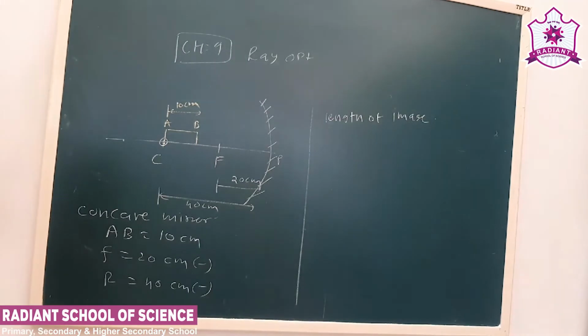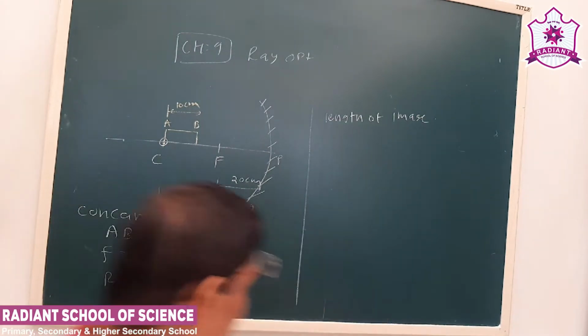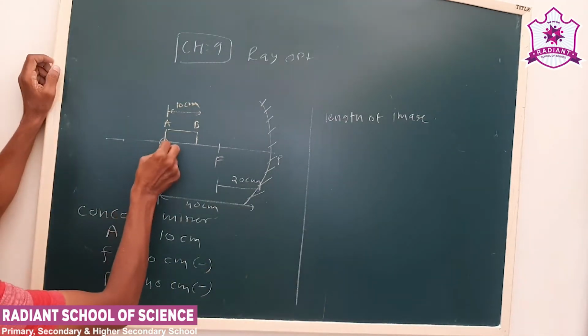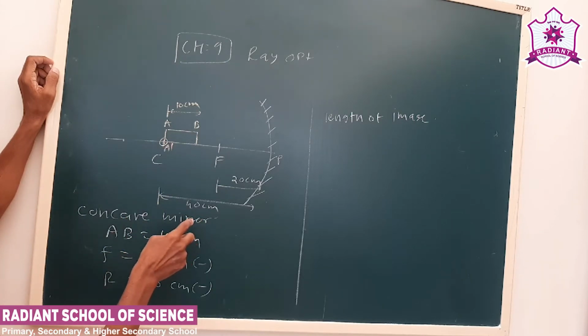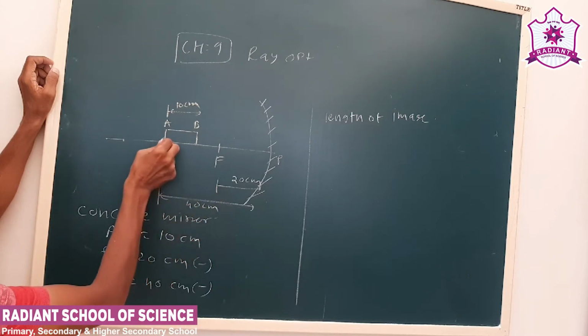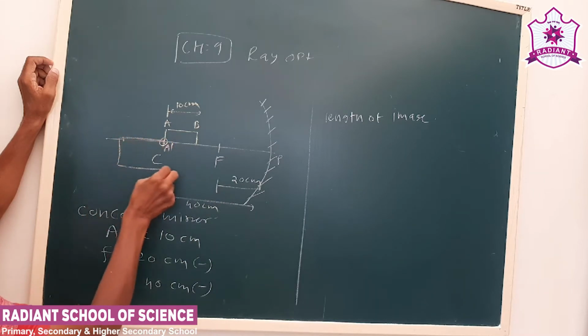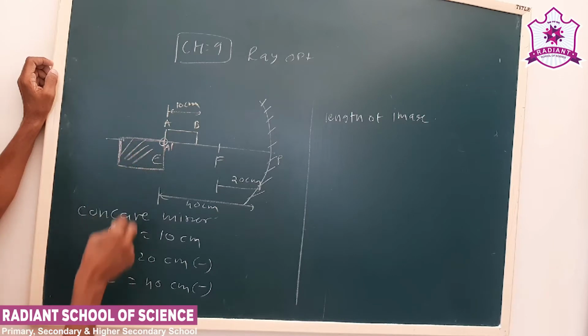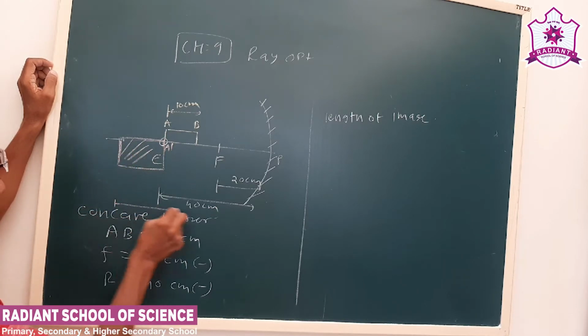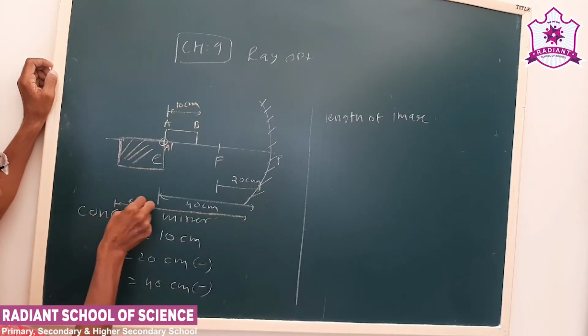Okay, now what we can see here is how the image is formed. A is at A dash, so A dash is here. B is at 60 centimeter. Okay, so we see here 20, 20 and one more 20 centimeter distance. Right now we do not worry about this dimension. So this distance we get as 60 centimeter.